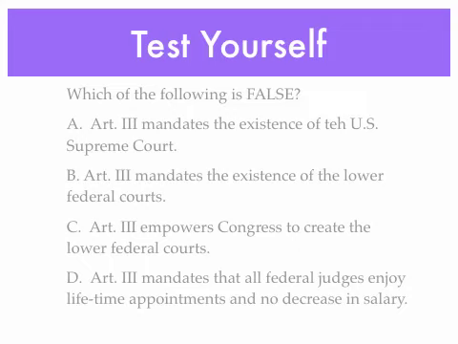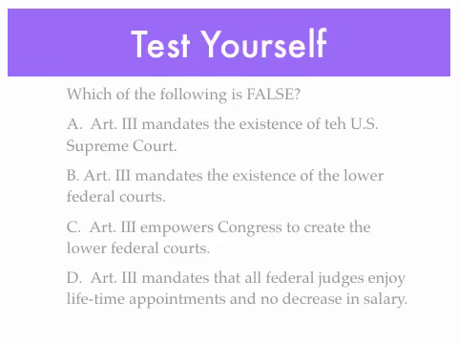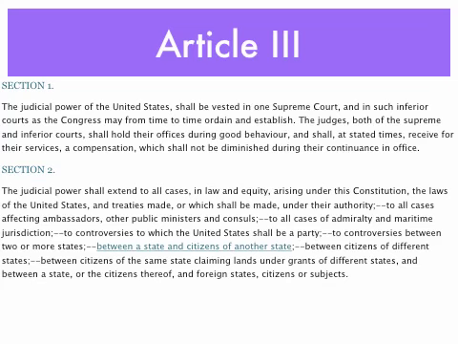This one surprises people often, I think in part because they're looking at the language shall and not understanding where it is designated within the first sentence in Section 1. And I'll flip back to that in just a second. All right, so if we look at the judicial power of the United States, it tells us it shall be vested in one Supreme Court. That's why answer A is actually true, that Article 3 mandates the existence of the U.S. Supreme Court. You see in this sentence that the Supreme Court has been established by the Constitution, and Congress cannot take away the Supreme Court.